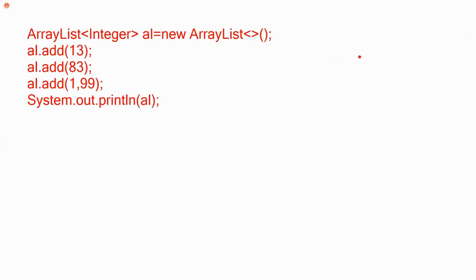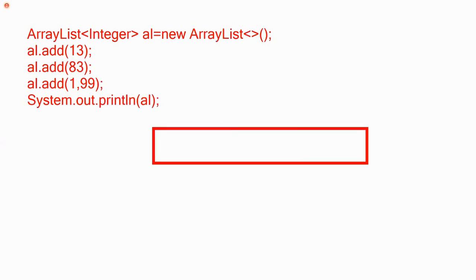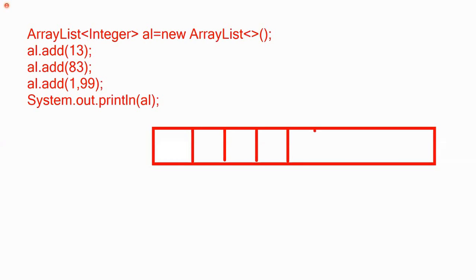If I write like this, in the first line, how many elements of memory are allocated? 10 elements of memory allocated. 0, 1, 2, 3, 4, 5, 6, 7,